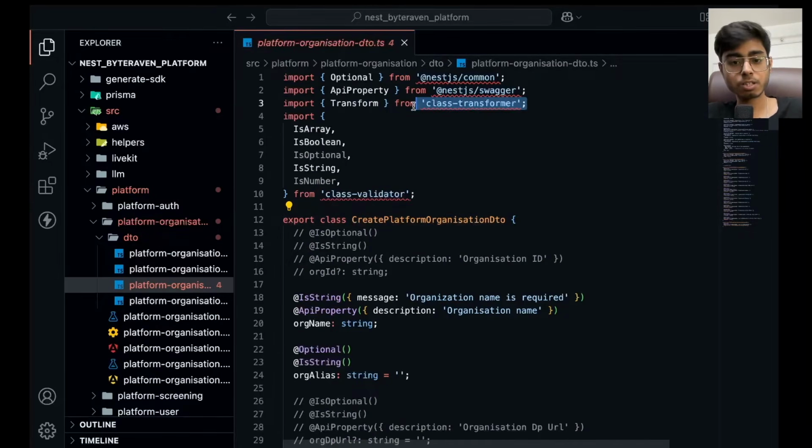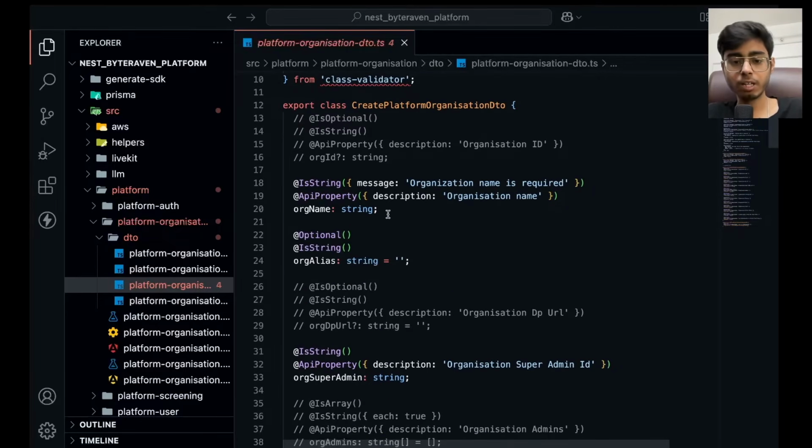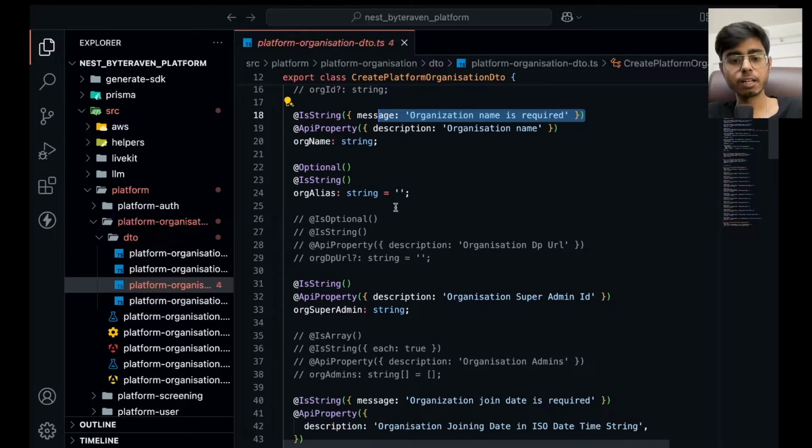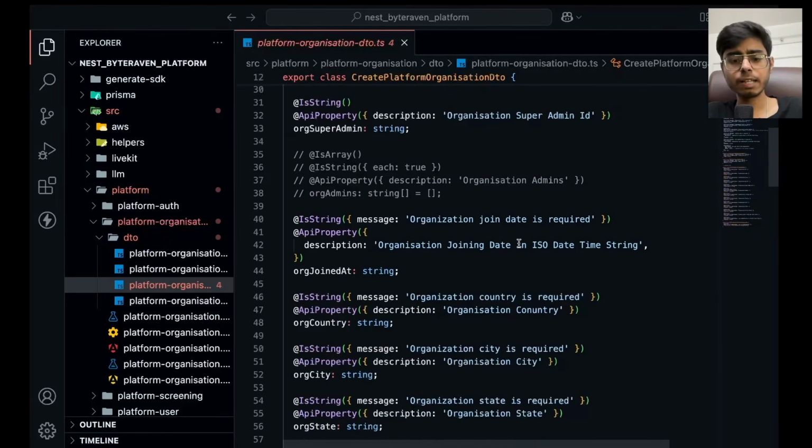Over here I have class transformer, where earlier I had used Zod. So I can define my fields. Organization name should be a string. If not, then organization name is required will be sent to the user. Organization alias was optional, so you can use the optional decorator.